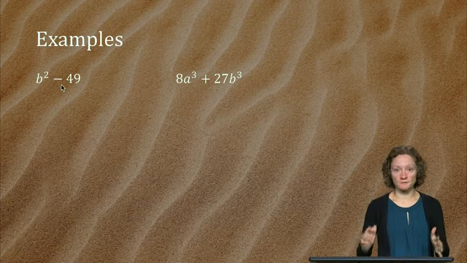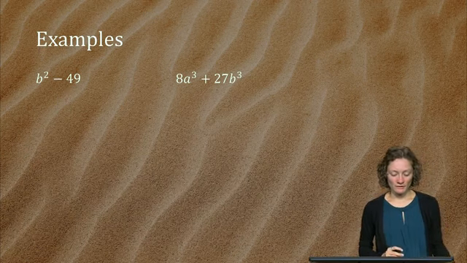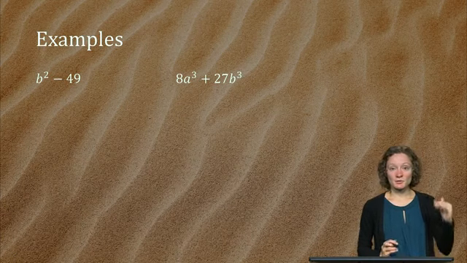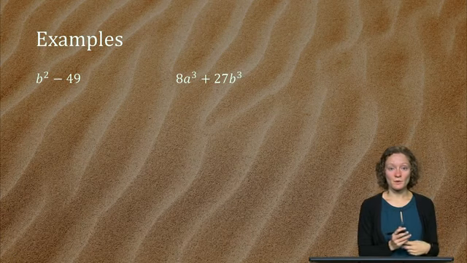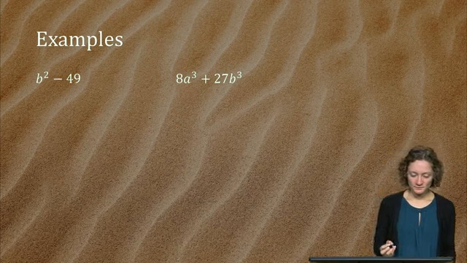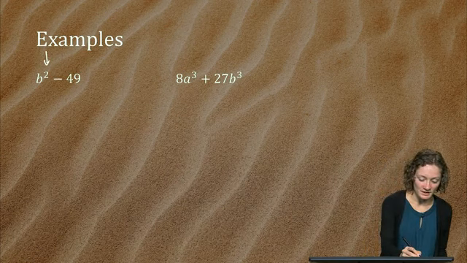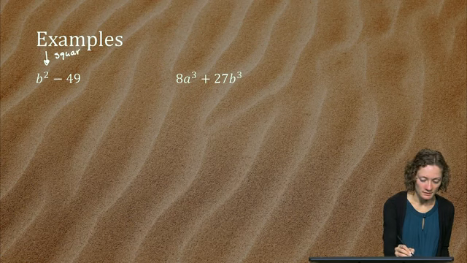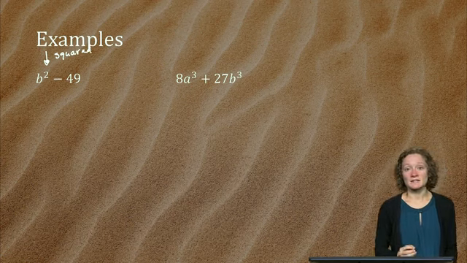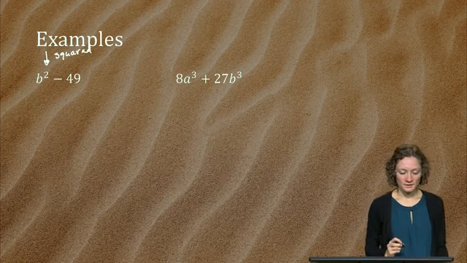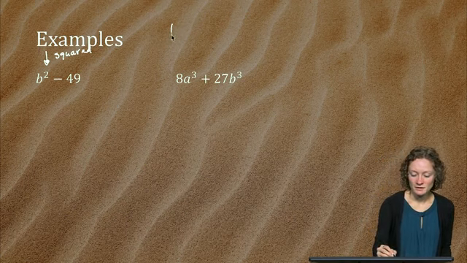Our goal is still factor, and we don't have one. So then we go into our 2-term method. Do we have difference of squares, sum difference of cubes? Well, the only thing that we can even consider is difference of squares because the b has a squared power on it. So for us to use difference of squares,